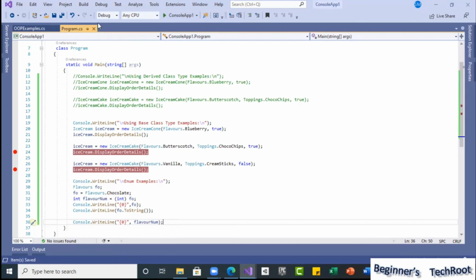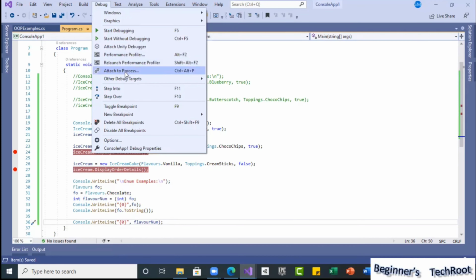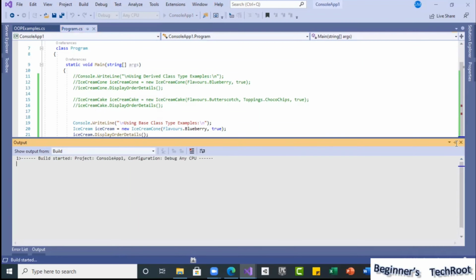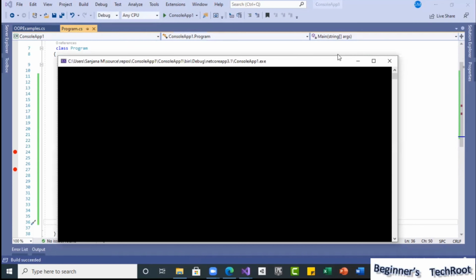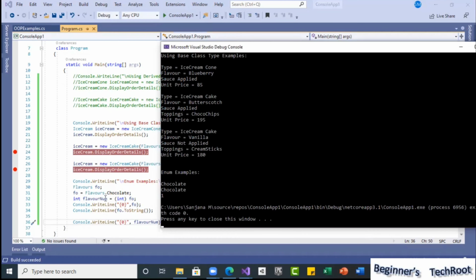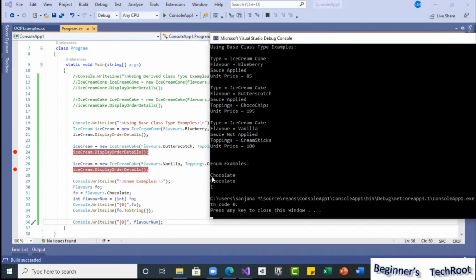Now, see here: whatever flavors.chocolate we assigned, the first we got the result chocolate, second also we got chocolate, then we got the number 1.